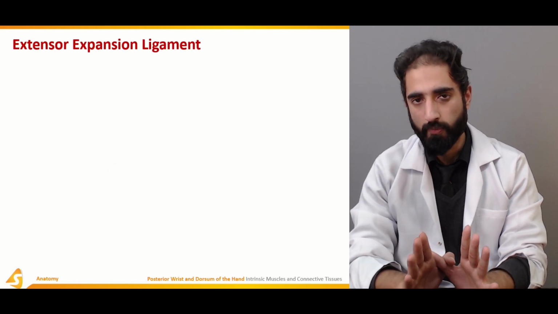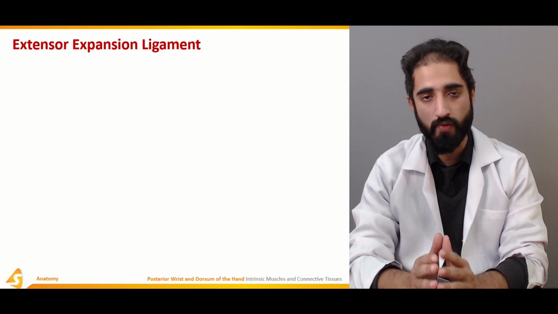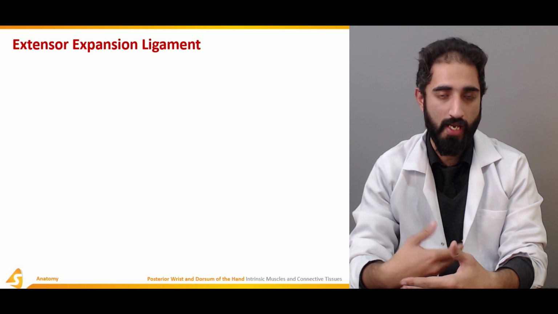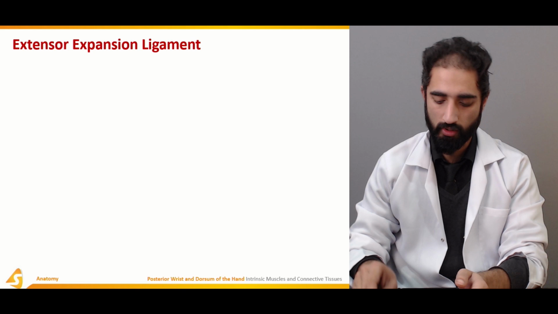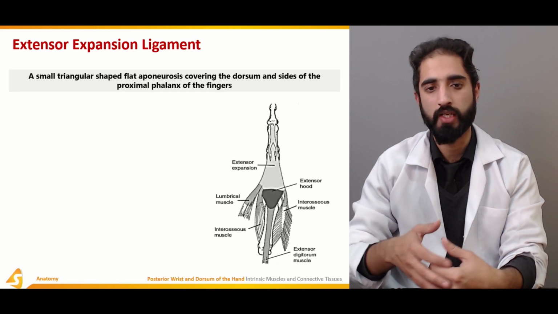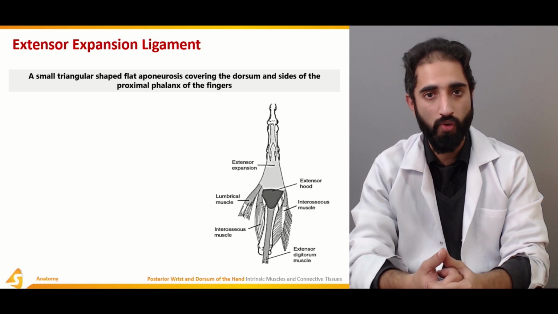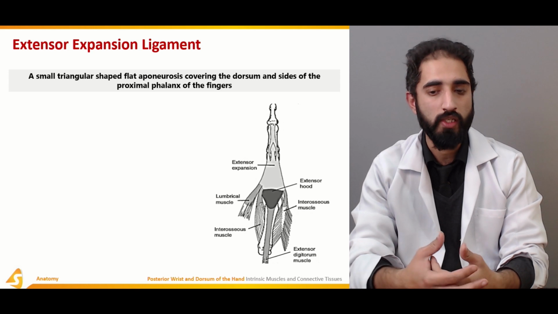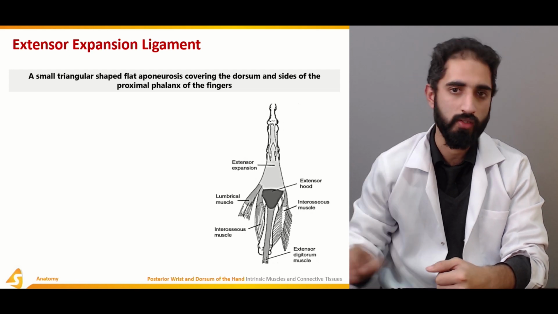Now, talking about a very important connective tissue structure, which is the extensor expansion ligament, it also serves importantly as an insertional site for the extensor digitorum as well as the lumbrical muscles. So, talking about the extensor expansion ligament or the extensor expansion hood, it is a small triangular shaped flat aponeurosis, which covers the dorsum and sides of the proximal phalanx of the fingers, as you can see in this